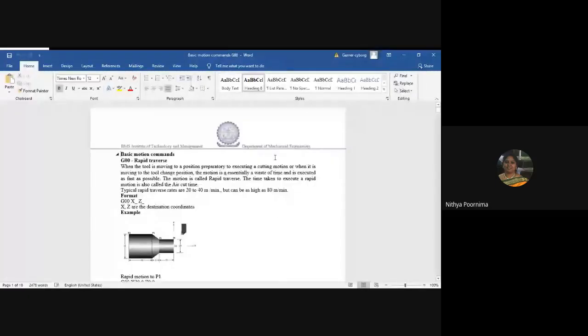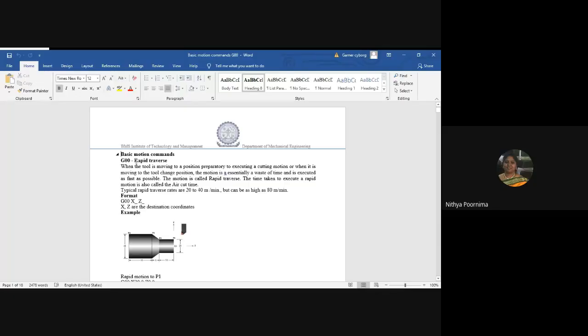Okay, in the last class, I think I've given a brief introduction about what is SIM and what are M codes and G codes, right? In today's class, we'll directly go with some of the basic codes. I'm going to give an introduction about some basic codes and give you the block format of how to write a simple program. Is it clear? To write the simple program, I'm going to only pick some of the useful G codes.